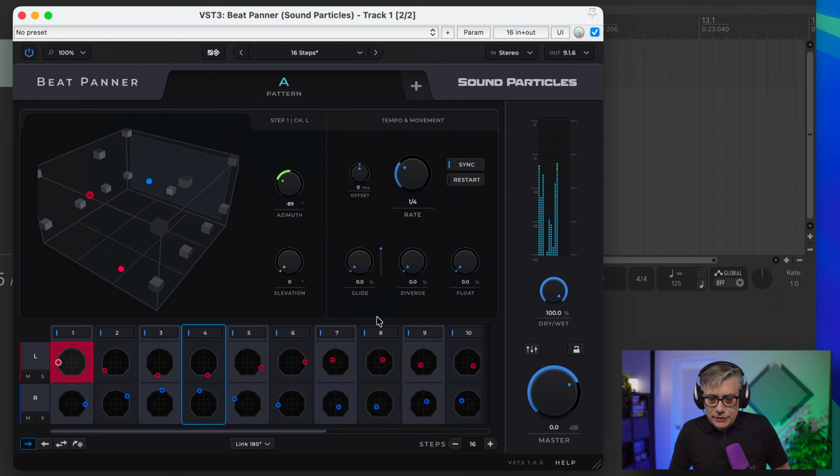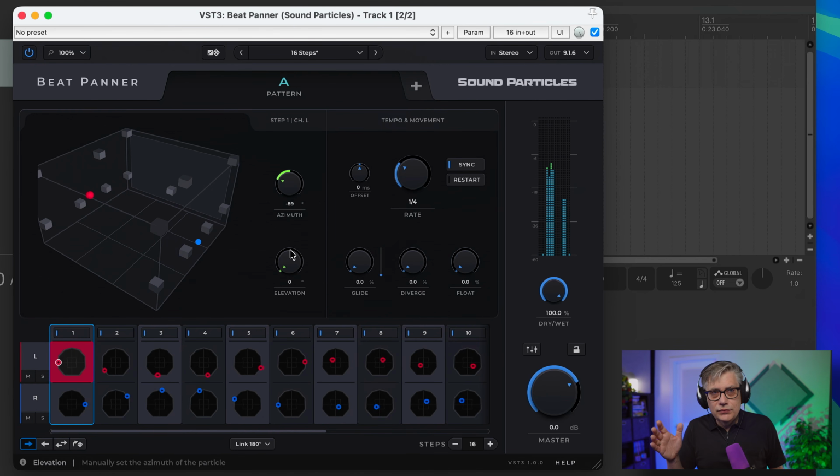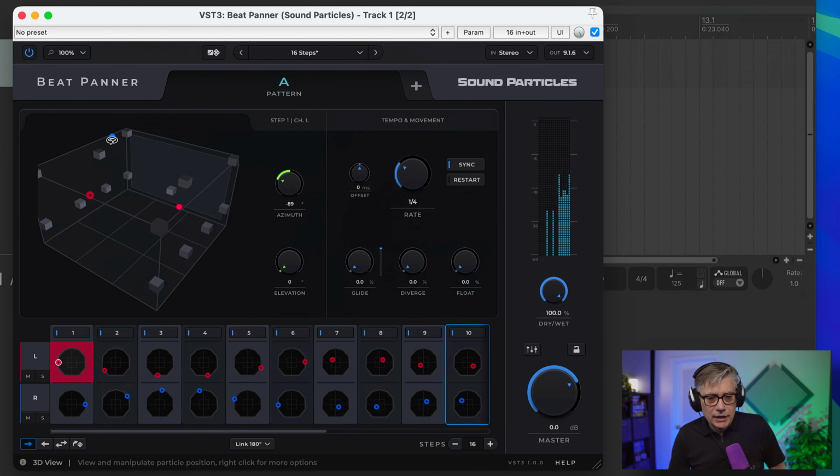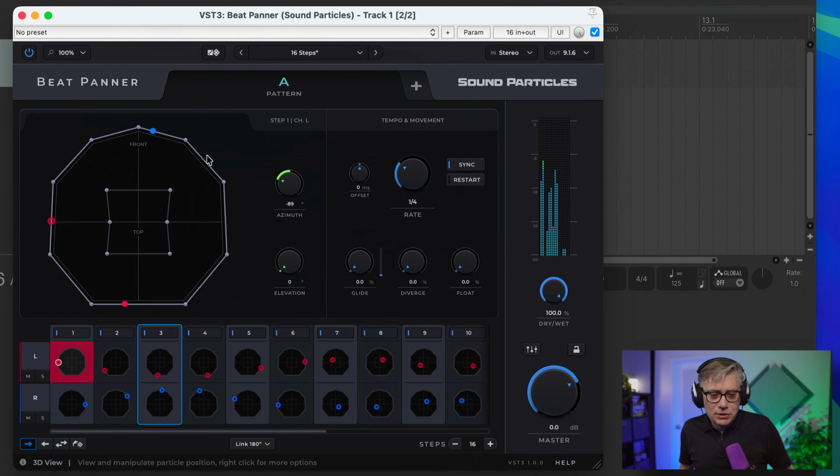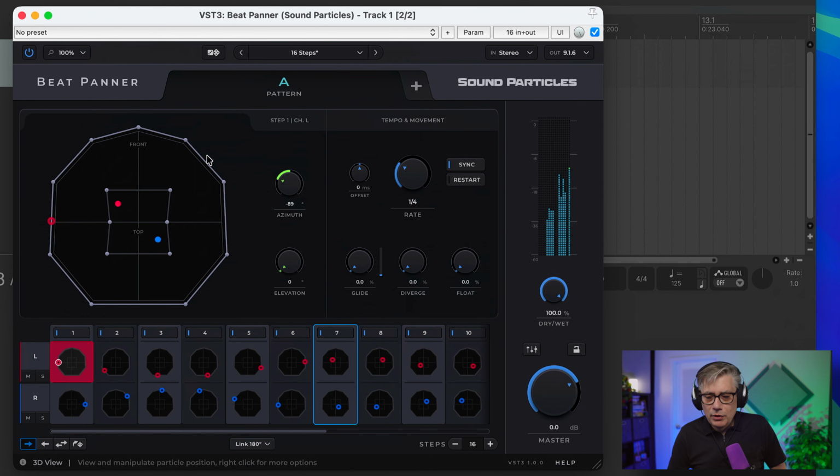Now, one thing that's really interesting here is the movement section. This gives us some possibility on how the sound actually changes from one position to the next. So currently it's just jumping from one to the next, and let me switch that over to polygon, because that's one of the things where this is a little bit more visible.